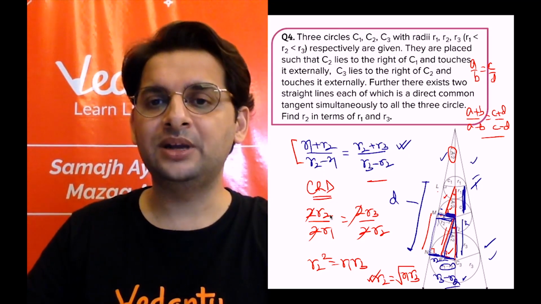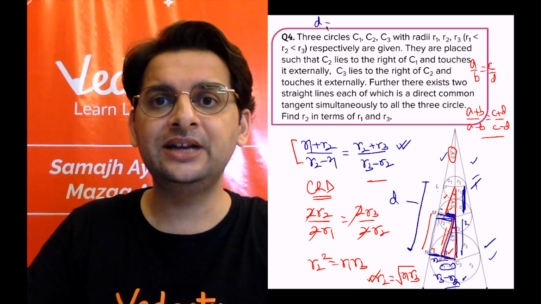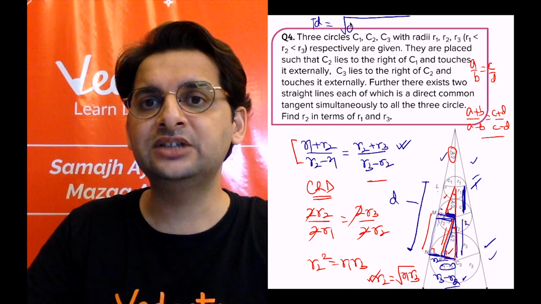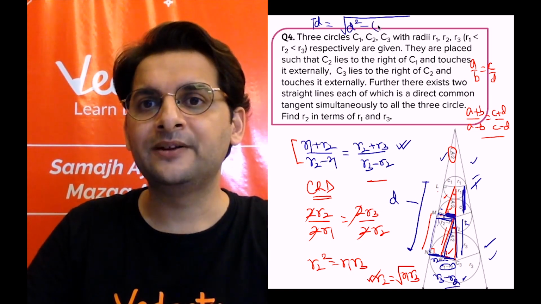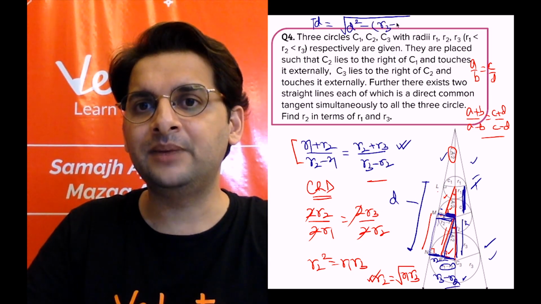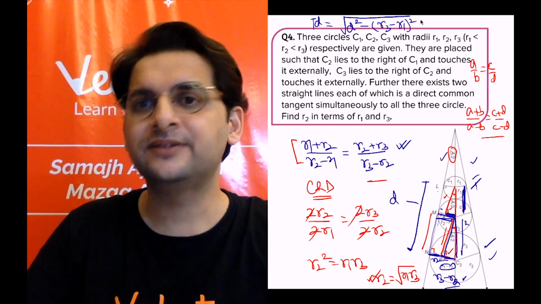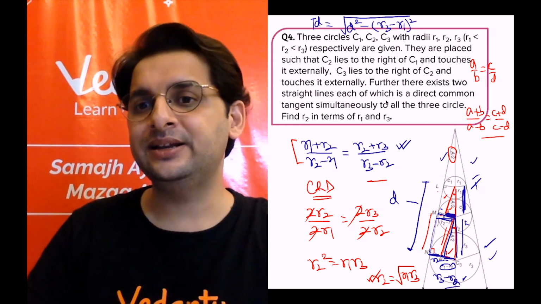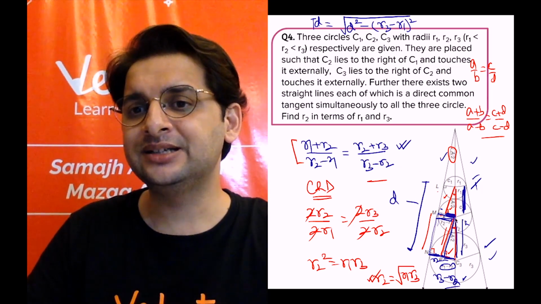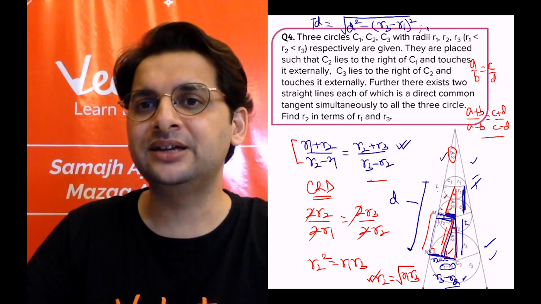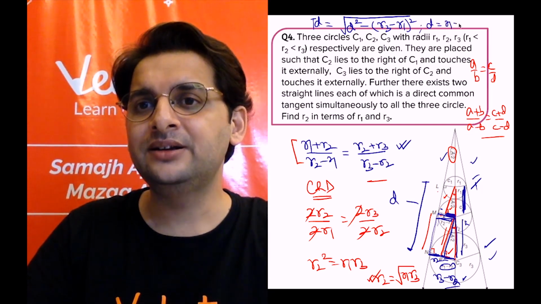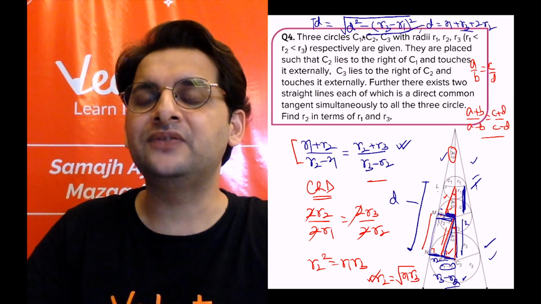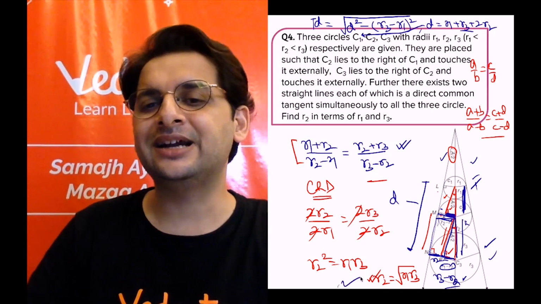So two circles, this one and this one, C1 and C3, they're not touching, they're outside. If you remember this formula, guys, the formula said the tangent length TD was root of D square minus R3 minus R1 whole square. This was the formula, if you remember. Now what would be D? D would be the center to center distance, which would be R1 plus R3 plus 2R2. So just put in the value of D here and simplify this, you'll get exactly the same value.